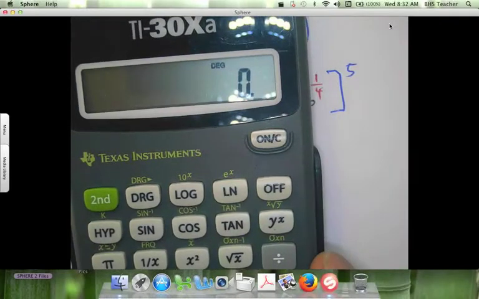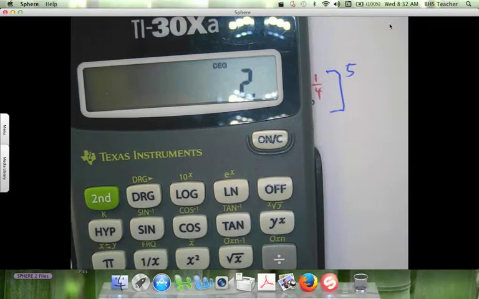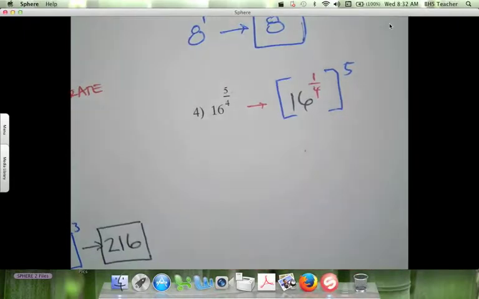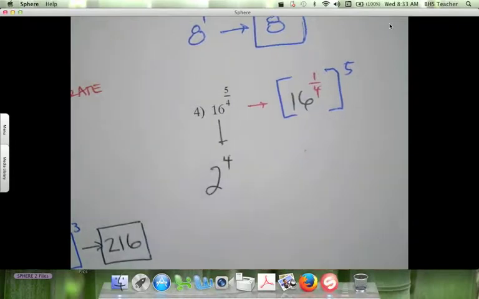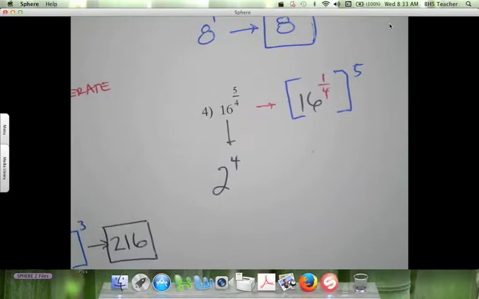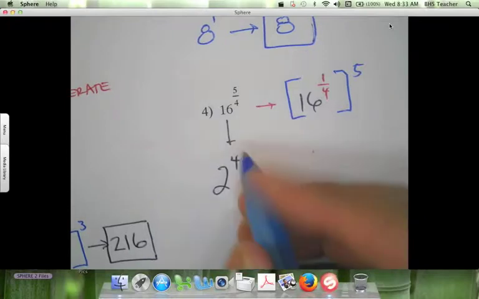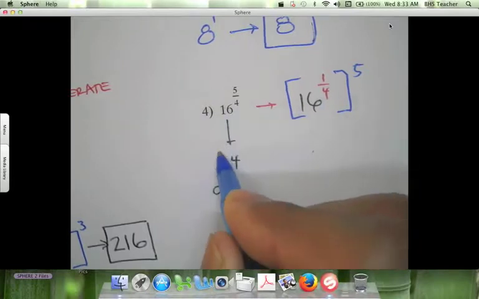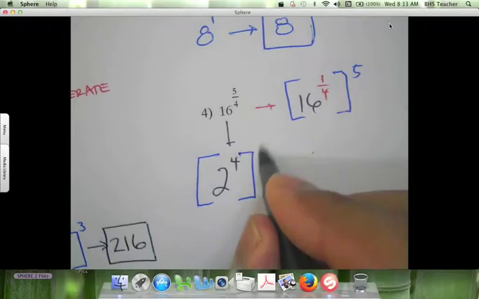Is this the one where you put the inside number first? Yeah. The 4th root of 16 is 2, which means that 16 is 2 to the power of 4. 2 to the power of 4. And actually, you know what? We can leave this right here. I just needed to find what was that 4th root of 16, because now that I know it's 2 to the power of 4, I can actually leave this rational exponent. I mean, you separate it just to see this, but if I bring it back here,